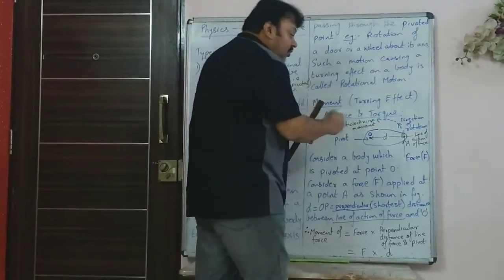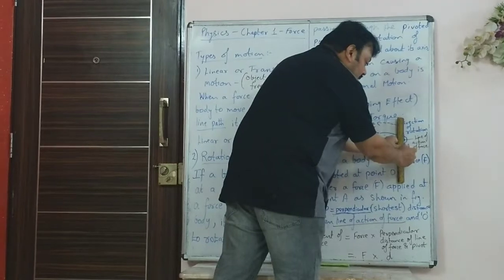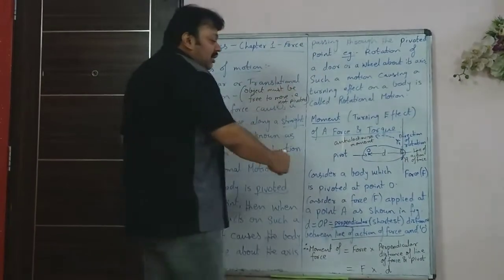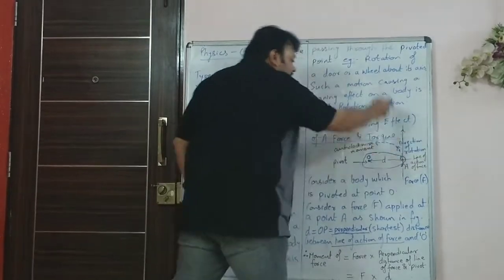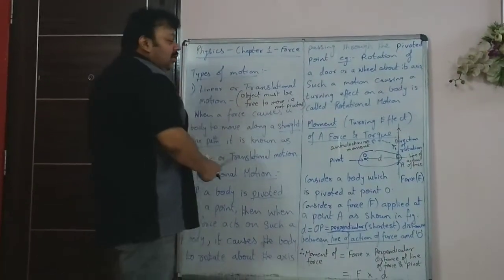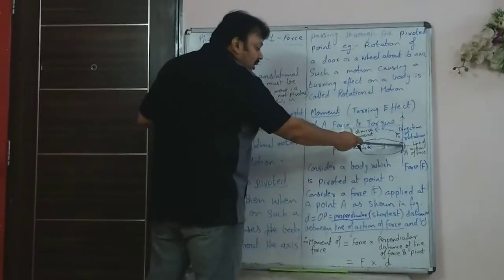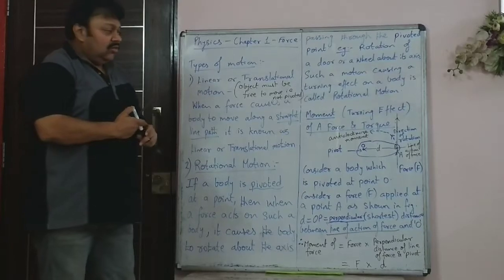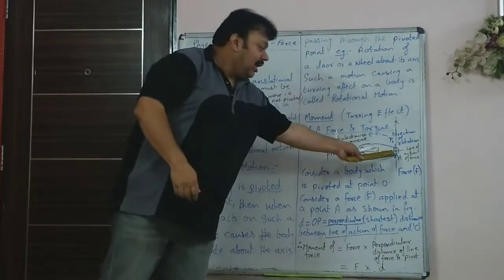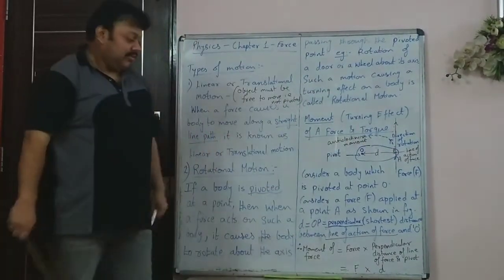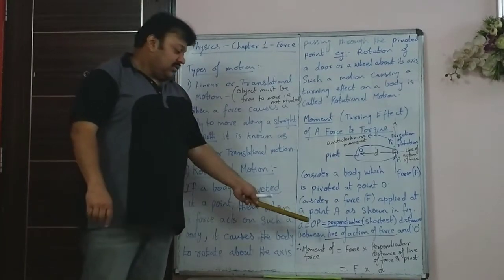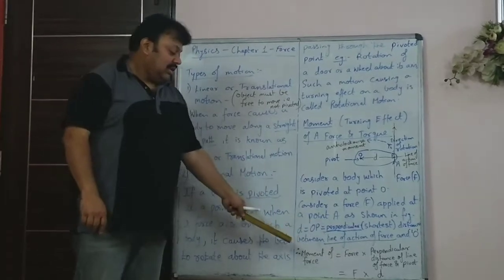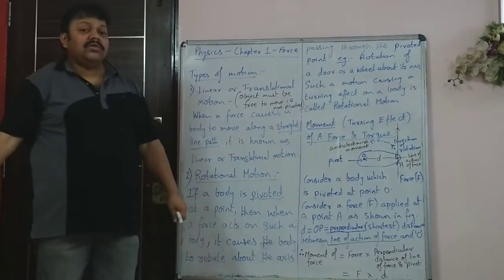OP is the perpendicular distance to the line of action of force. The line of action of force would have been this. This is the line of action of force. This way the force is acting. The vertical line passing through that point. And the shortest distance is O to P. That is, OP is perpendicular to the line of action of force. So we are not considering distance OA, you are considering distance OP. So moment of force is force into perpendicular distance, that is F into d. Another word for moment of force is torque.